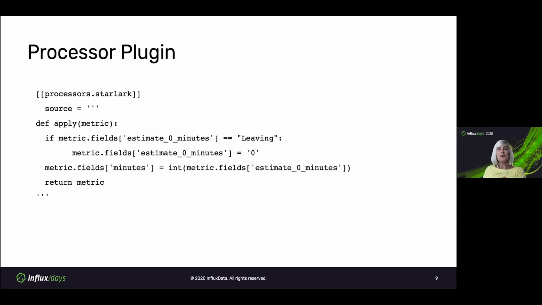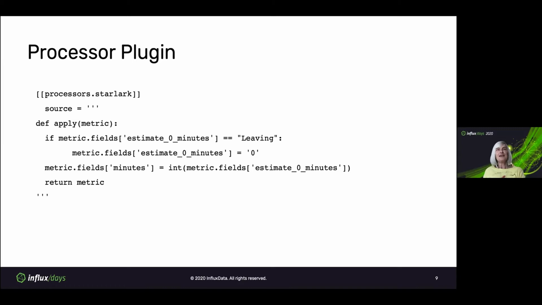So then the processor plugin, this one was actually completely optional. I just wanted an excuse to play around with the Starlark processor plugin because we were talking about it. So I did a little bit of cleanup here. Again, this is a case where you could just as easily have sent this to the cloud and filtered it out using Flux. I just happened to decide to exercise our Starlark processor plugin and do a little bit of filtering on the edge. For some reason, this BART API, and I didn't design it, I just use it,